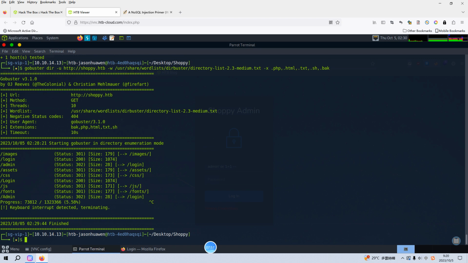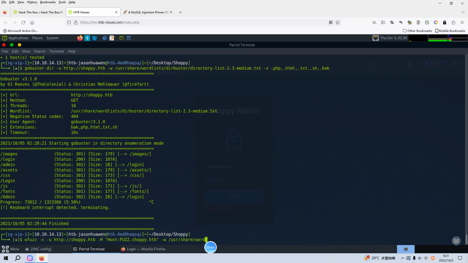The tool I like to use, of course, there are several available tools like wfuzz, also ffuf. They are different, but for me, the best one is wfuzz, and we can use the -c option to color the output, and the URL we can specify as the Shoppy HTTP, right? And we need to set the header as FUZZ.shoppy, and the wordlist,